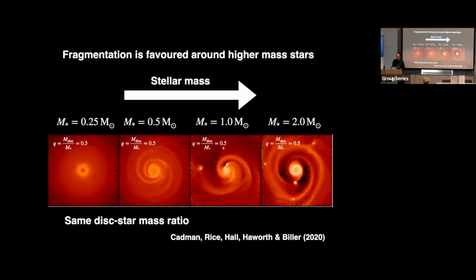I forget off the top of my head. Right. Yeah. So then when the stellar mass went up, the disk scaled kind of like that. Yes. Right. So it's a more self-gravitating disk. Yes, that's right. So the same disk to star mass ratio, if you increase the stellar mass, the disk is more self-gravitating.